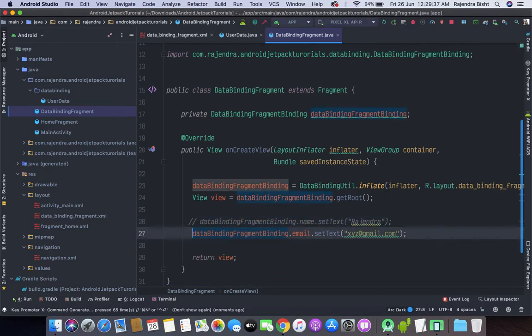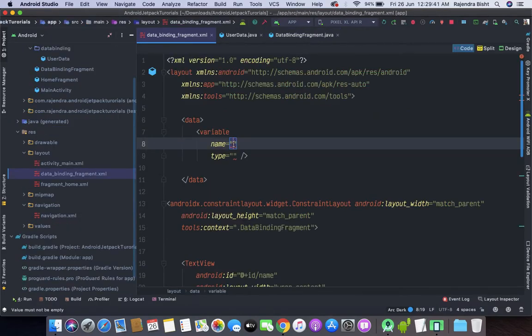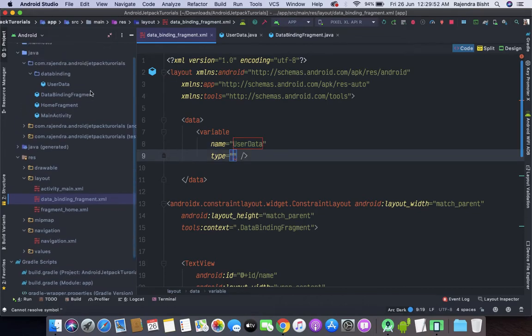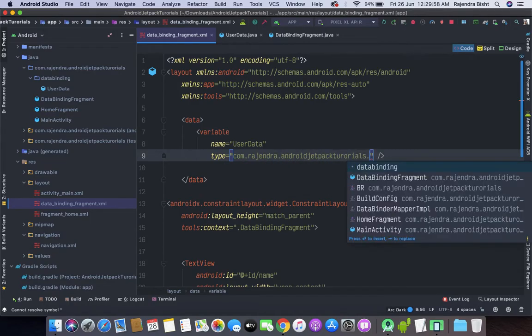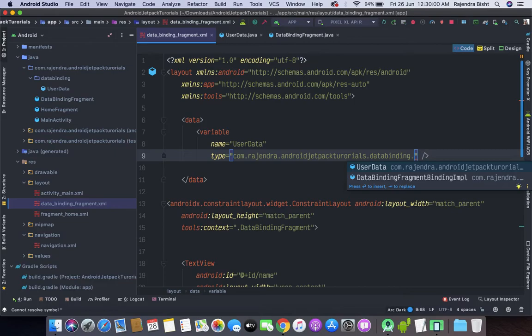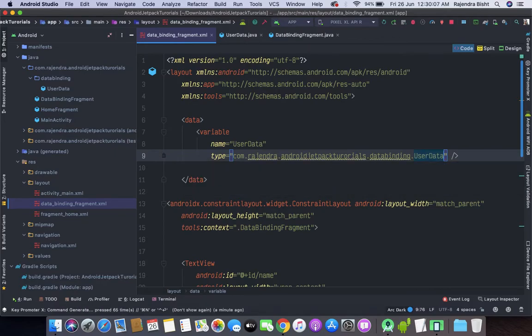Let's comment this code. We need to set the variable name, let's say userData, and here we will pass the path of our model class. So com Rajendra data binding, and inside it is UserData.